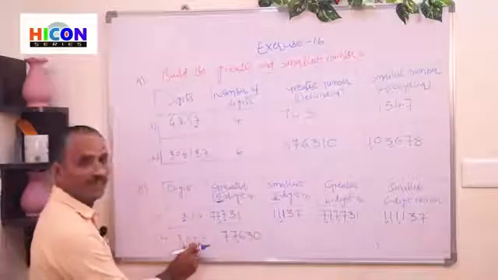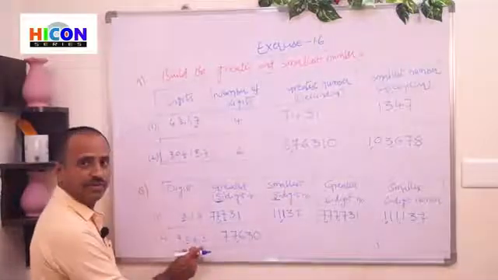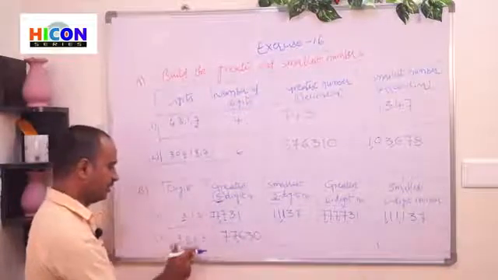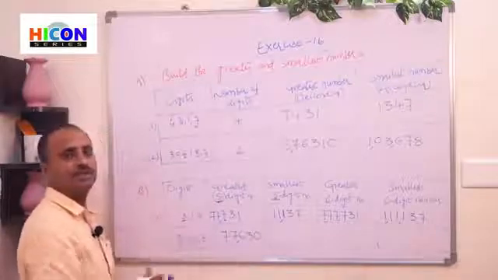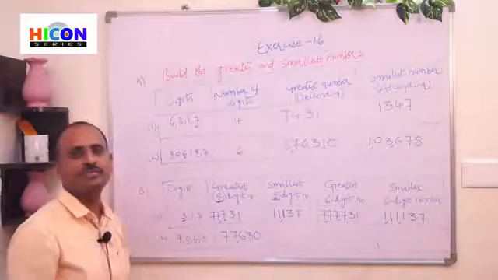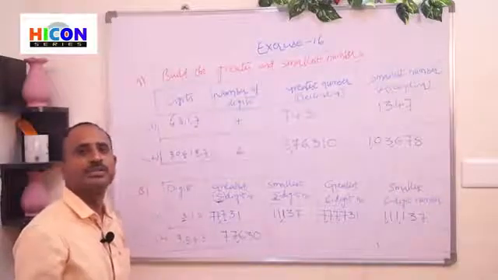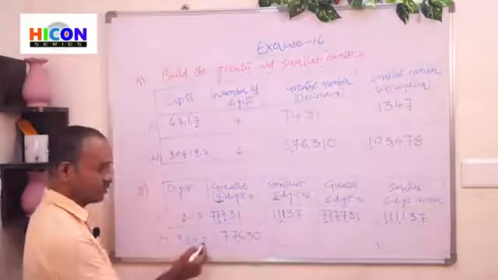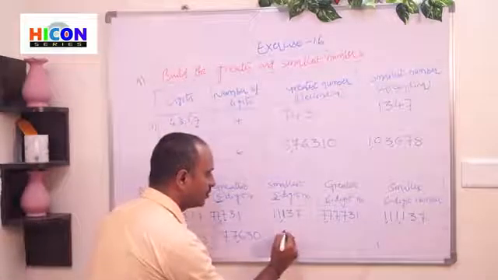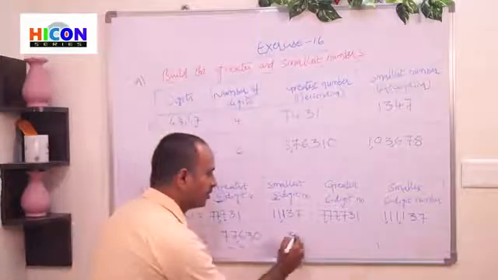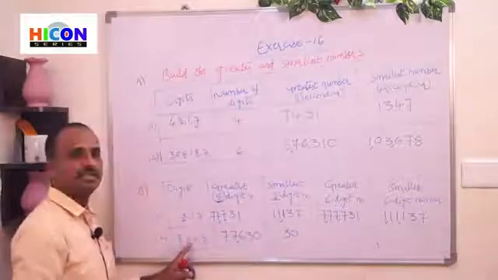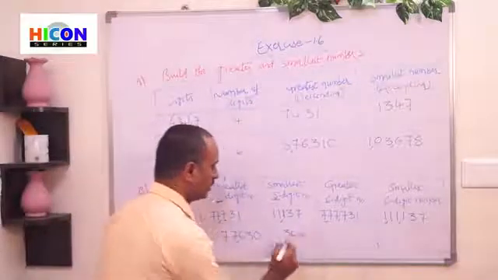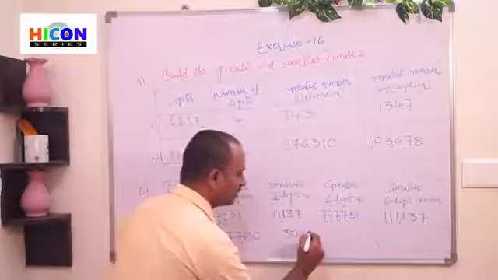So in the same way, the smallest 5-digit number. First arrange the given digits in ascending order. Ascending order means smallest to greatest. Which one is the smallest? 0 is the smallest. But we should not write 0 in the first place. So we should write 0 in the second place and write the next smallest digit in the first place. After 0, which one is the smallest? 3 is the smallest. So write 3 in the first place and 0 in the second place. And write the remaining digits in ascending order as usual. After 3, which one is the smallest? 6 is the smallest. After 6, 7 is the smallest.